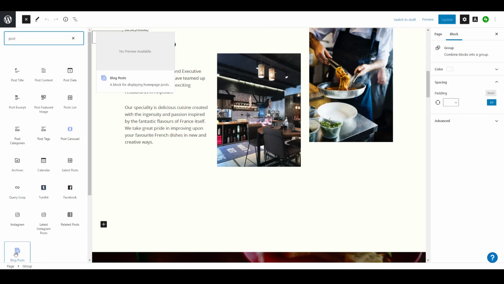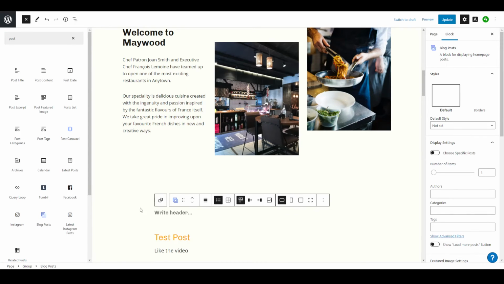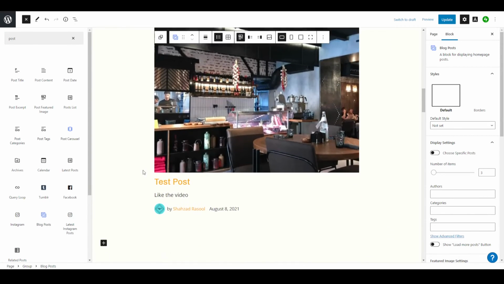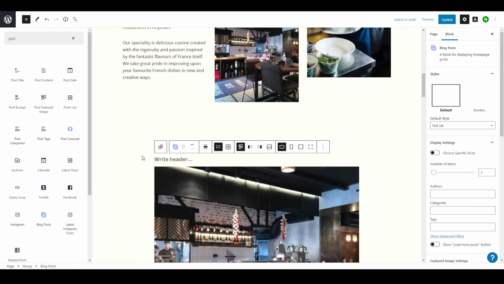Here you can see blog post, click here, and here you can see our post will be shown here. Click update and view page,